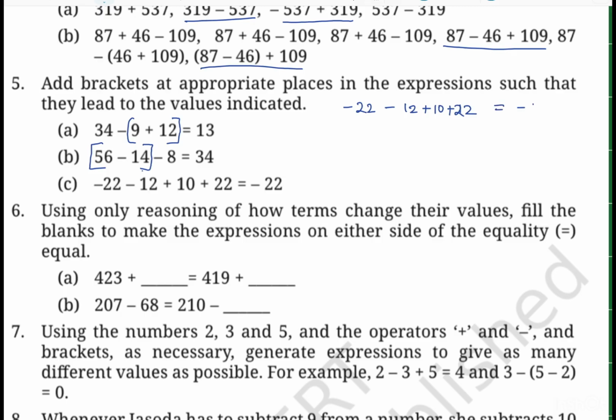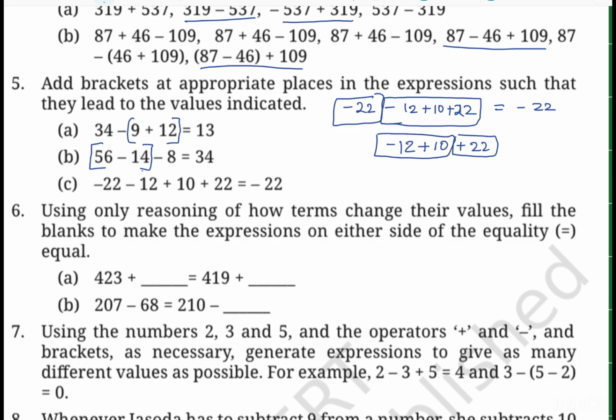So we have to make it minus 22. For that, we have the minus 22 here, and we can change the rest of the value to 0. For that, minus 12 plus 10 plus 22, here is plus 22, so we can make this minus 22 by